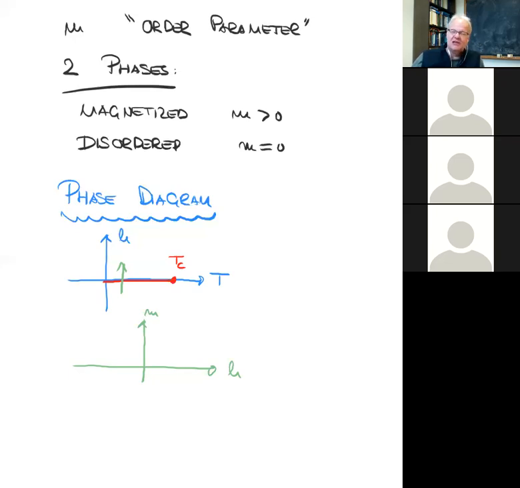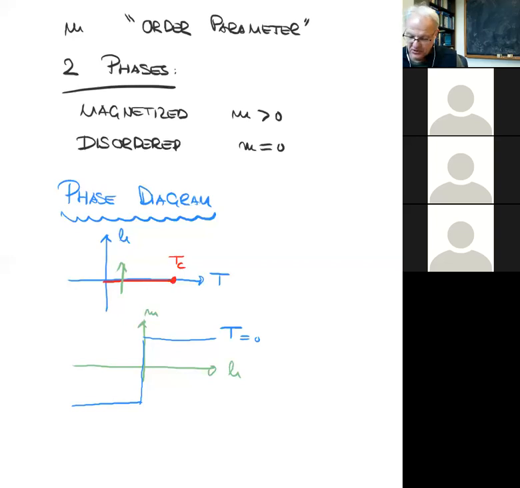And in the presence of an external magnetic field, there of course is a preferred direction. So the external magnetic field will provide a slight edge for the states in which the spins are aligned with the external magnetic field. So what we expect to happen at zero temperature is that if the magnetic field is negative, then the magnetization is also negative. And if the external field is positive, then the magnetization will also be positive. So you get a discontinuous curve like this. So this would be at zero temperature.